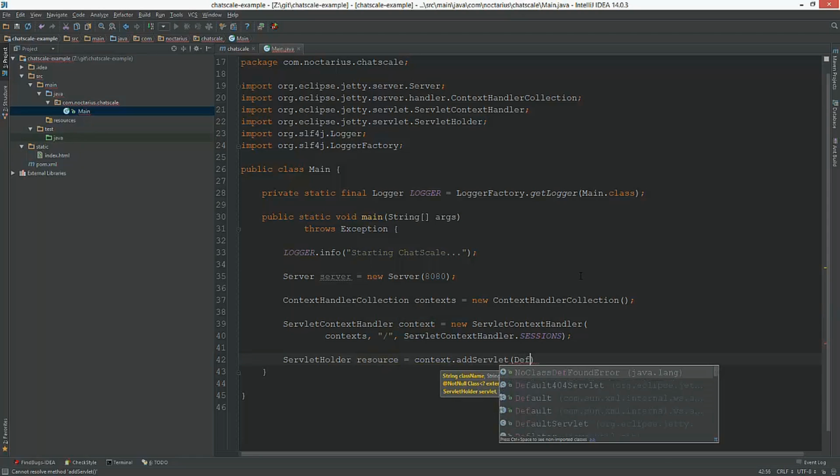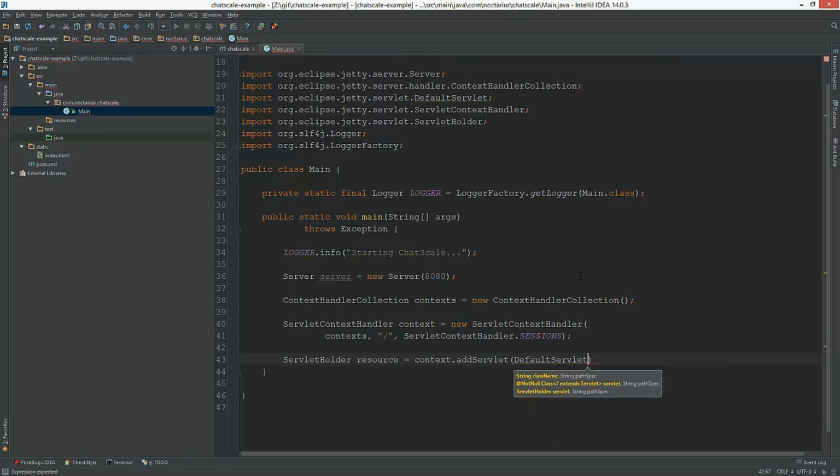The nice thing is we just have static resources, so there's already something that takes care of that, which is the default servlet, which is like a default class from Jetty. Obviously, it's a basic use case to do all that, and let's see.